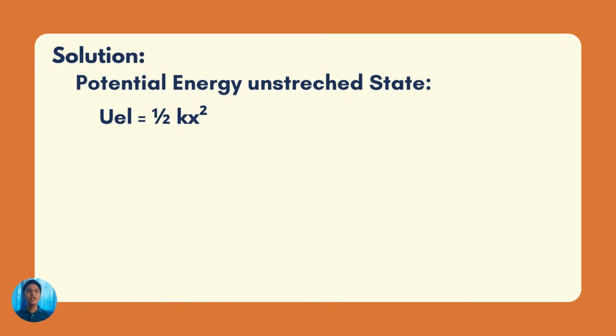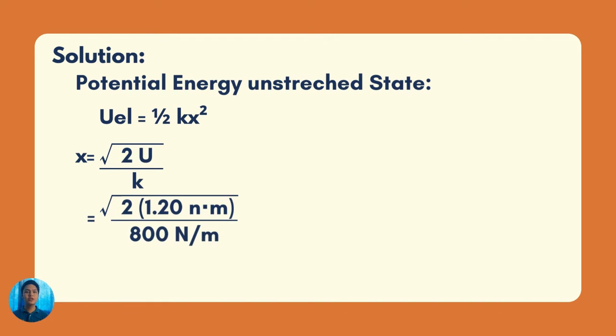solving this problem. The expression for the potential energy stored in a spring when it is not in its equilibrium state or unstretched state is as follows: U_el is equal to 1/2 kx squared. Here, k is the spring constant and x is the compression or elongation in the spring. However, in this problem, since we are looking for the distance, we need to rearrange the expression to solve for x. Now that we have this, we can substitute our given values and solve it like so, which gives us the answer of